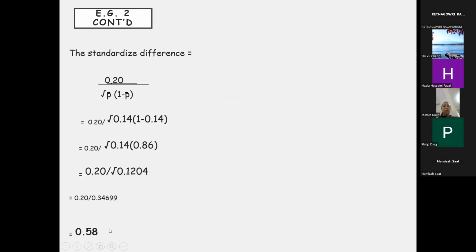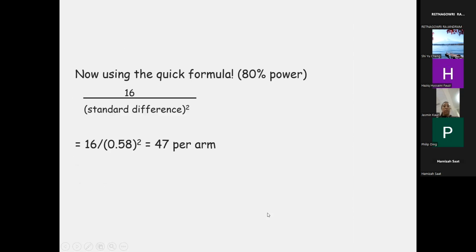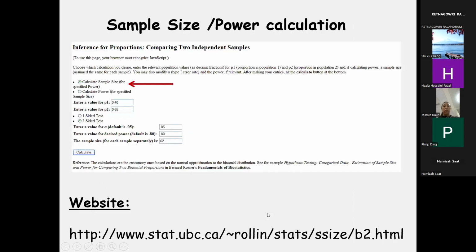What it is, this one is 5.8. And again, you draw a line, you say 80% power, and you see what numbers are needed, and then it says you need about 43. Keep in mind, this one is saying 43, but it's not including a 20% dropout rate though. So you might need to add another 20% to this 43 to see your absolute numbers needed for an RCT design. Okay, and this is just a quick formula.